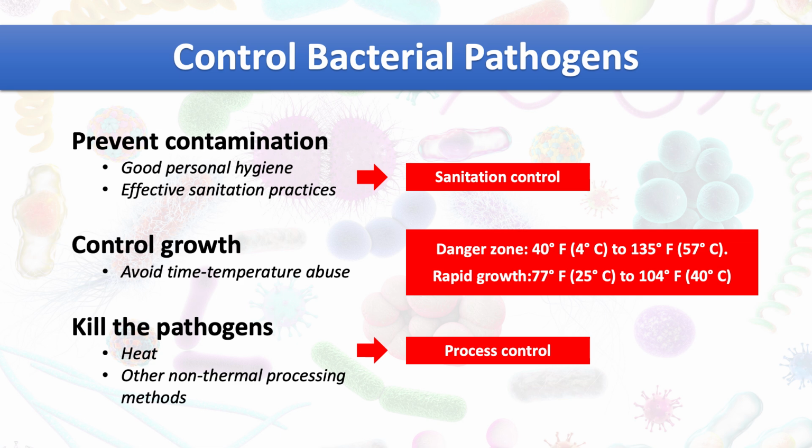Besides thermal methods, some non-thermal methods have also been used in the industry. A commonly used non-thermal processing method is high-pressure processing, which relies on very high pressure to inactivate the microorganisms. Some high-pressure processed food products you can find in the markets include juices, deli meats, and guacamole, and they sometimes have words such as cold-pressed, pressure pasteurized, or pressurized in the labels.